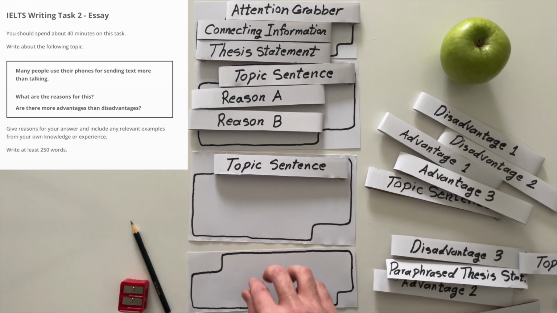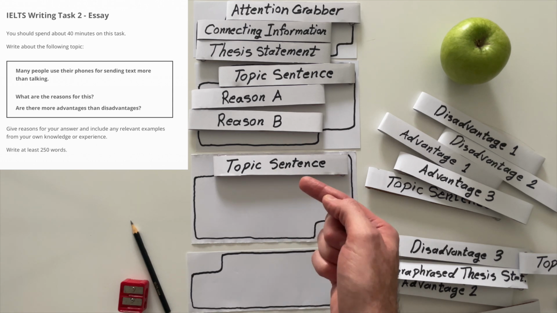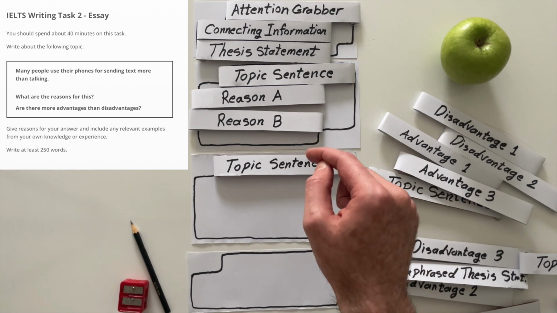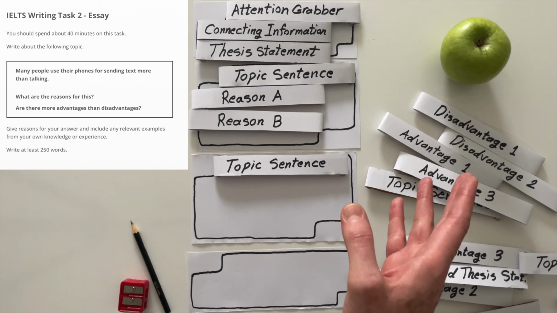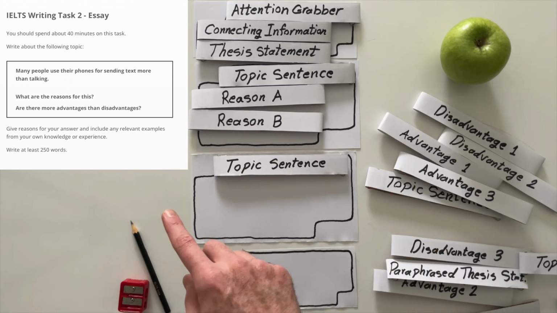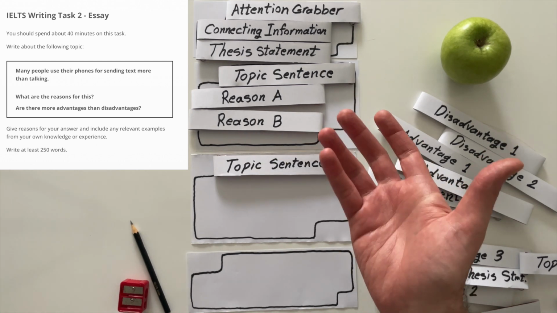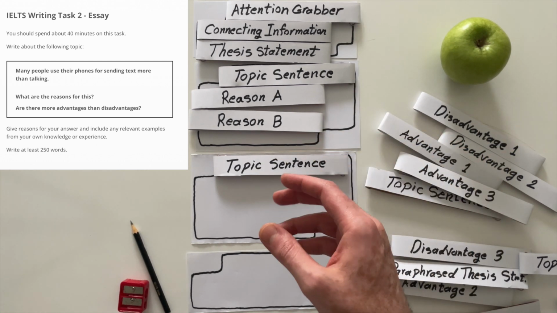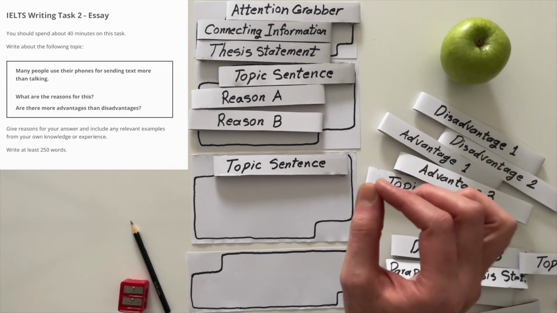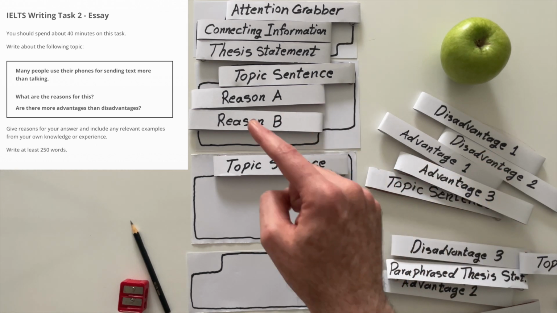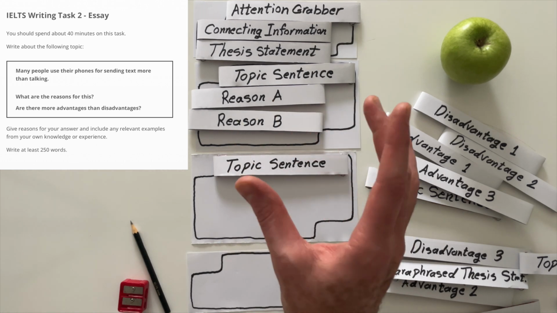Okay, let's organize things a little bit. Now, this has a topic sentence on its own, and in this part, you're going to say if advantages are more or disadvantages are more. And in this case, you're going to convince me as the reader that there are more advantages or there are more disadvantages. One beautiful trick is to consider these two reasons as the advantages part, if that's a good thing.